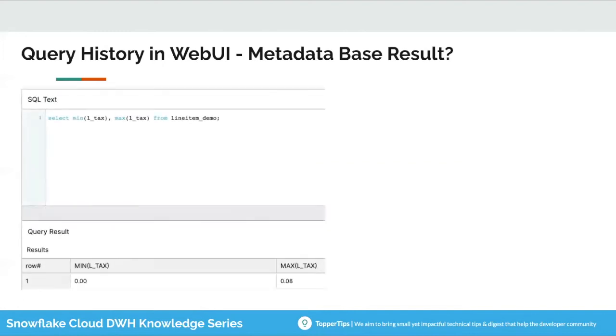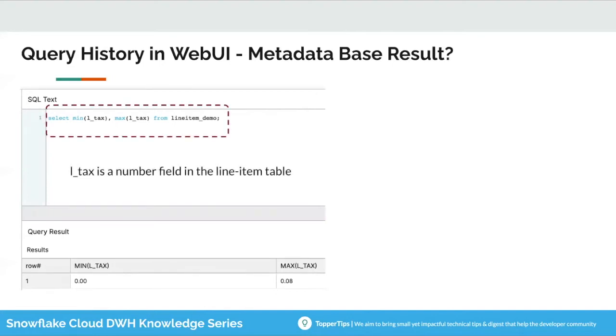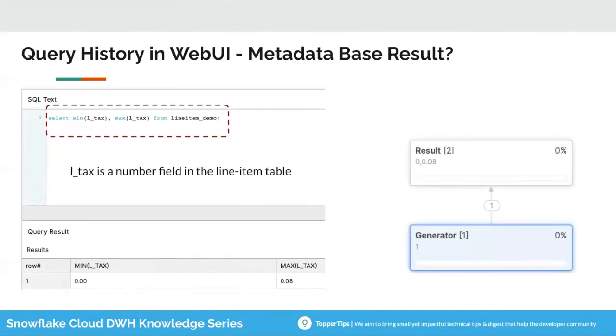If you fire a min and max on a numeric field, which is slightly different than the date field, you may see a slightly different result. That is called a generator. So there is a generator function. I am not sure how it works technically under the hood. However, this is also coming from a cache.